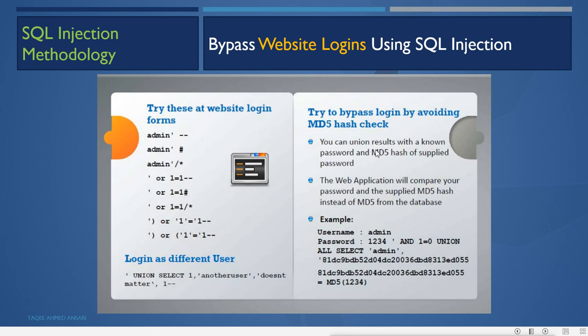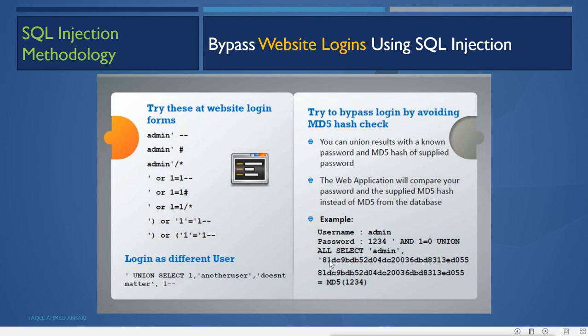Here you can union the result with an unknown password and the MD5 hash of the supplied password. The web application will then compare your supplied MD5 hash instead of the MD5 from the database. The attacker will use username admin and password 123, but add and 1 is equal to 0 and union select admin with this hash.